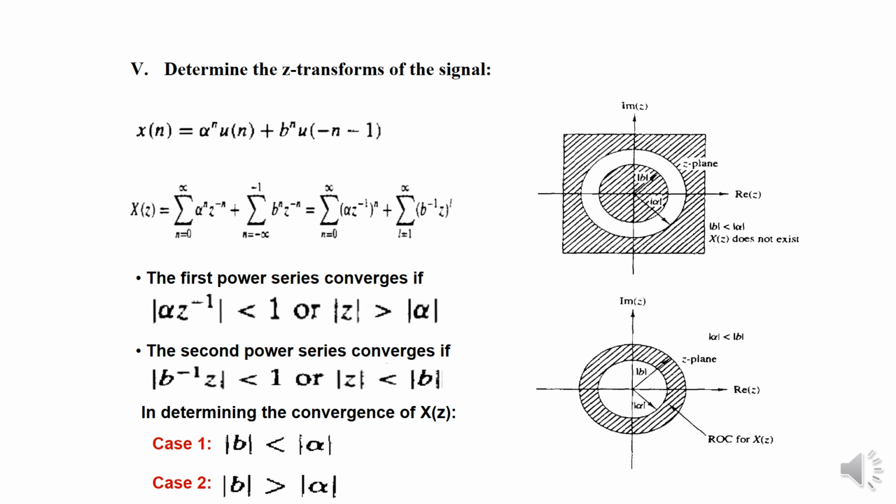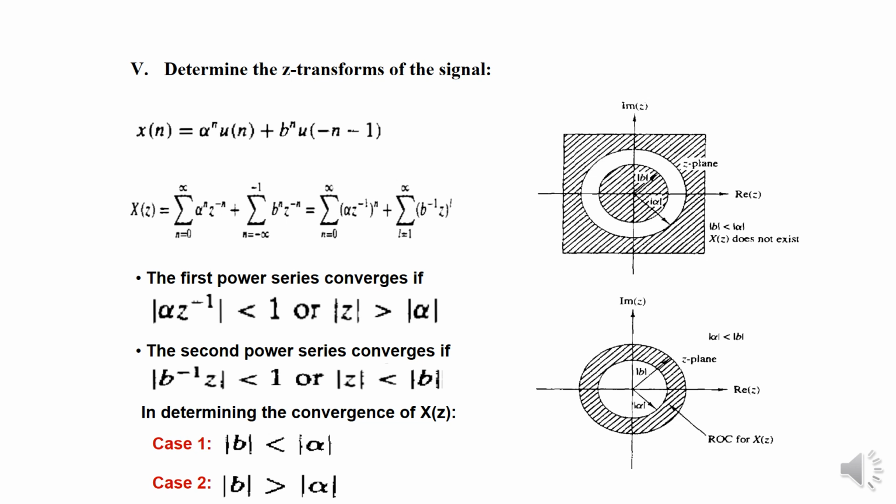So X(z) is equal to the sum from n equals 0 to infinity of a to the power n u[n]. The u[n] we are not writing here. Therefore X(z) is the sum from n equals 0 to infinity, because a to the power n u[n] will only exist from n equals 0 to infinity, right? a_n z to the power minus n, plus, then if you have drawn u[-n-1], b to the power n u[-n-1], you will see that function will only exist